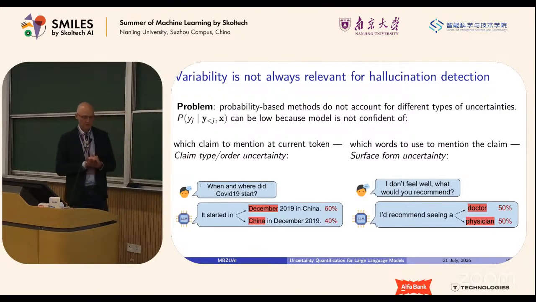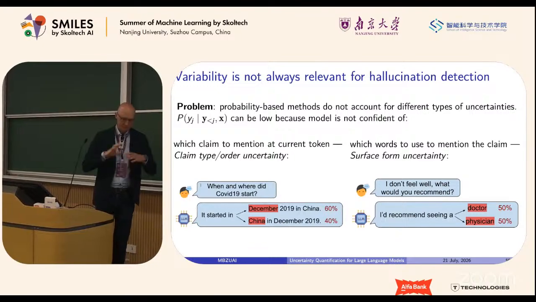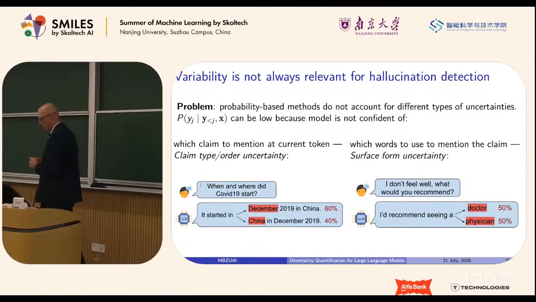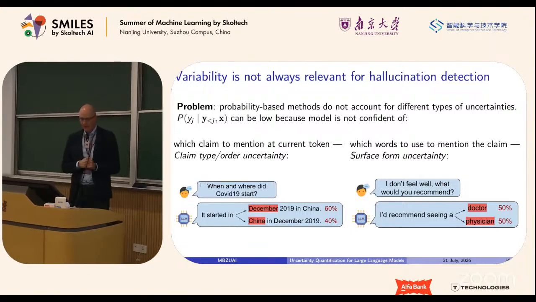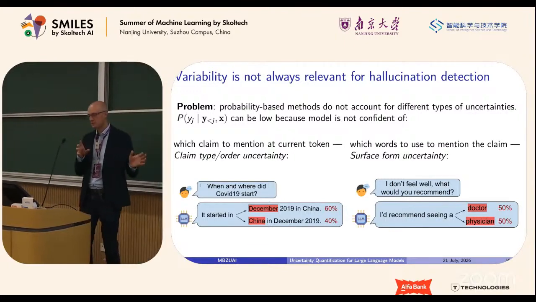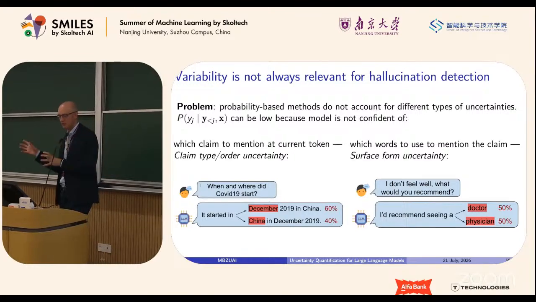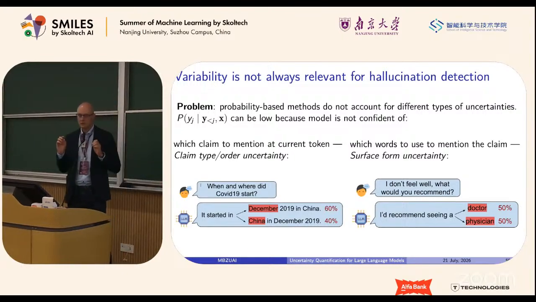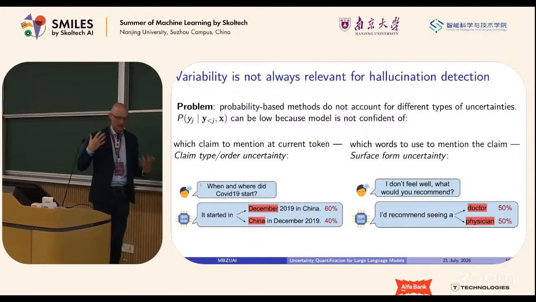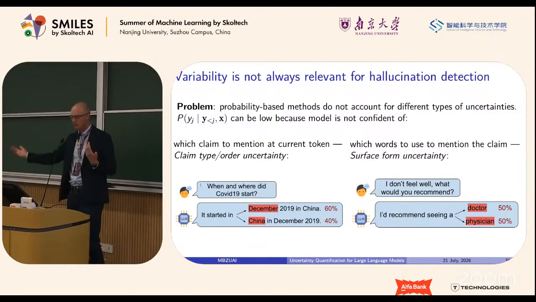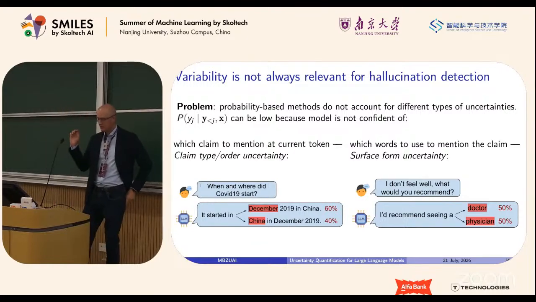So the problem with this mean token entropy, and in general with sequence probability, is that they do not account for the fact that the probability distribution of a language model is not tailored for estimating the quality of the generation. I mean, it is tailored for generation, but according to our standards, according to our perception of what is hallucination and what is not, whether the generated text is credible or not, it's doing pretty badly. Here is an example.